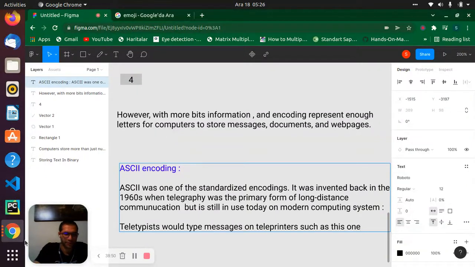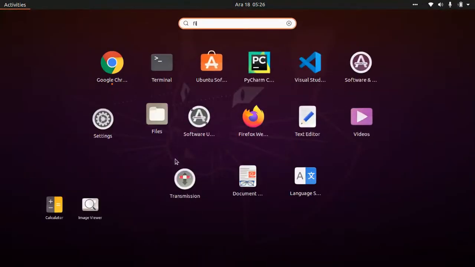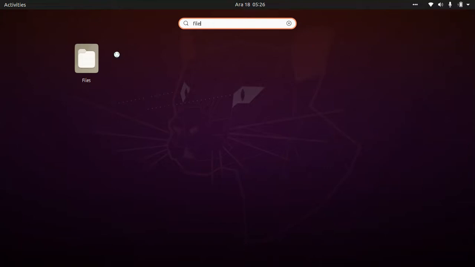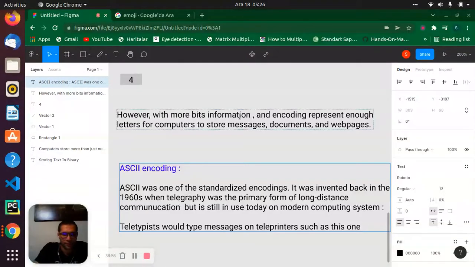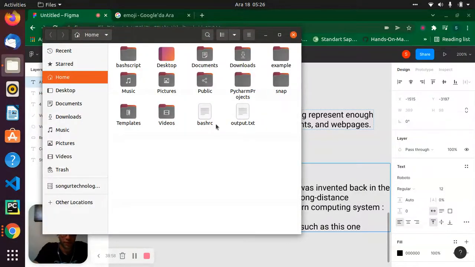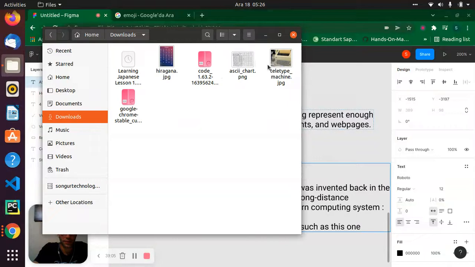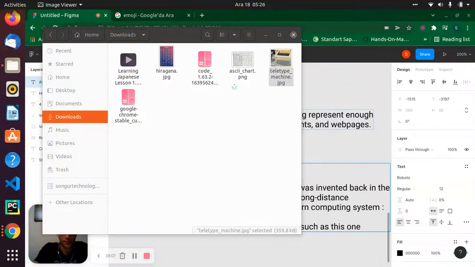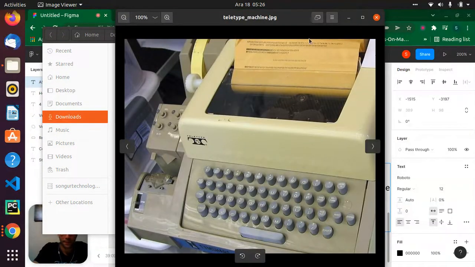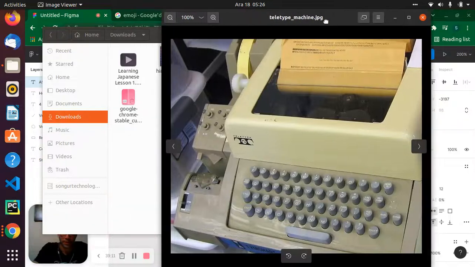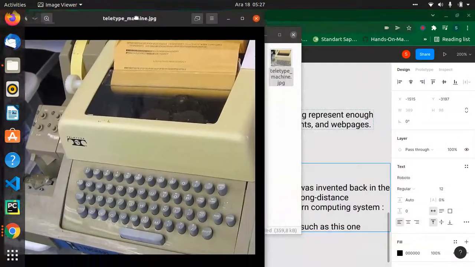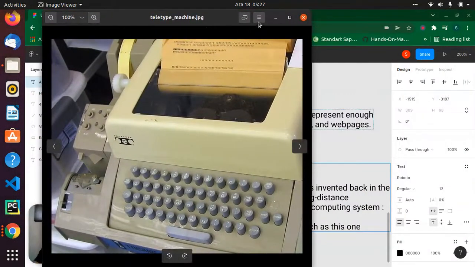Which one? Let's come to the file. I think yesterday I downloaded them. Yep, this one here. Look at that.